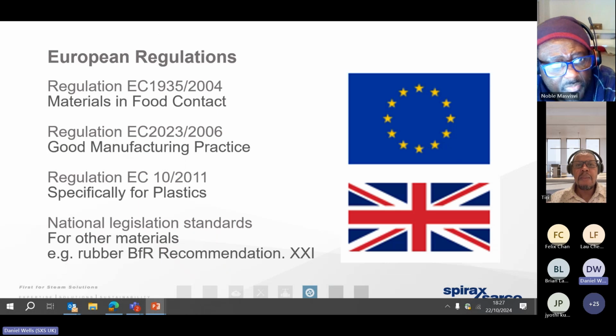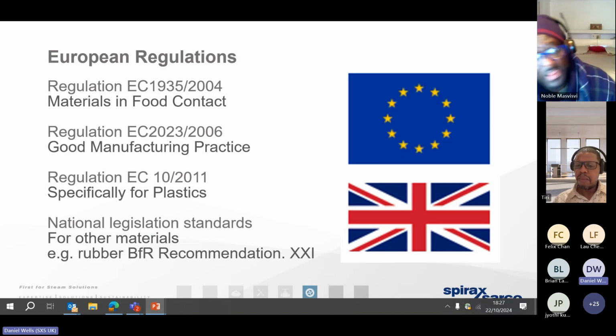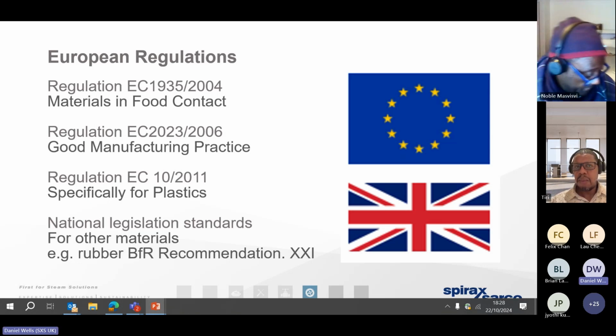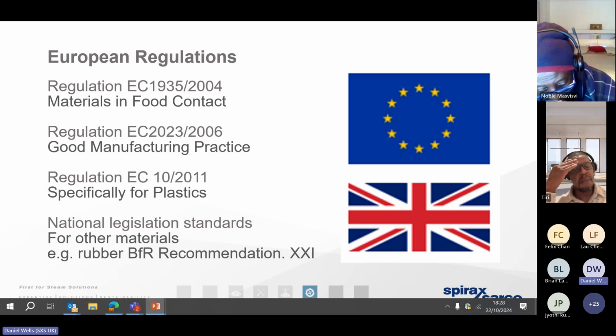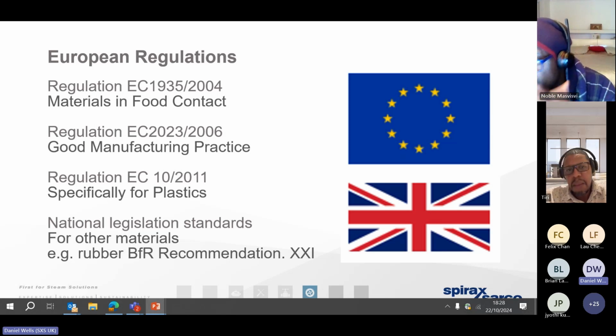So it really comes down to understanding what's driving steam quality. Well, there are a couple of regulations in practice that are not too commonly understood, or that are not necessarily of a heightened level of awareness in the vast majority of food and beverage plants. One of which is what we call EC1935, and that really looks in some detail at processes that come into contact with food. So that could be, for example, conveyor belts that are moving finished product, foodstuffs around a factory. Well, the conveyor belt is going to come into contact with the product, so of course that needs to be